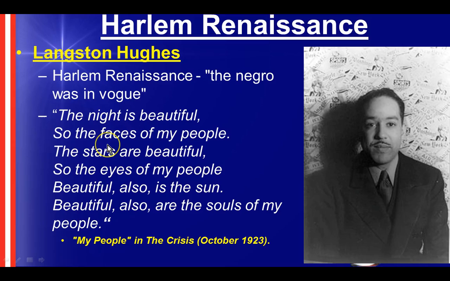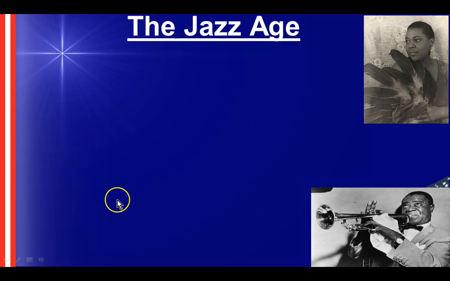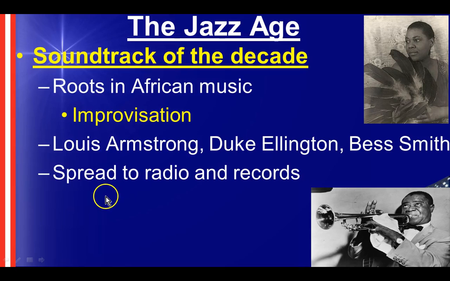The most important writer of the time, I would say, is Langston Hughes, a poet who said that, during the Harlem Renaissance, the Negro is in vogue, was important all of a sudden, and was having an impact, and again reinforced the importance of their people and the value of them, whereas society, of course, was denigrating them and still trying to keep them in a level of low standing in society, especially in the South, but also in the North.